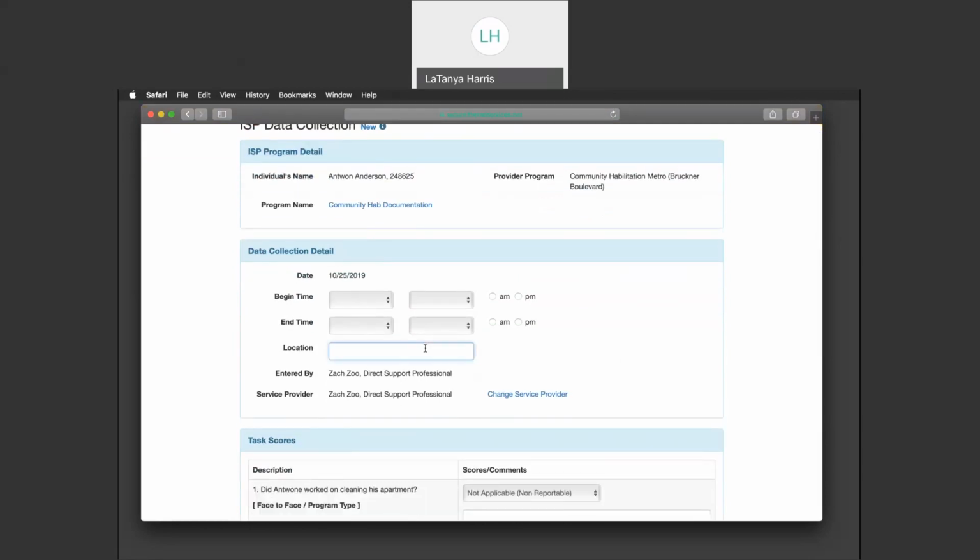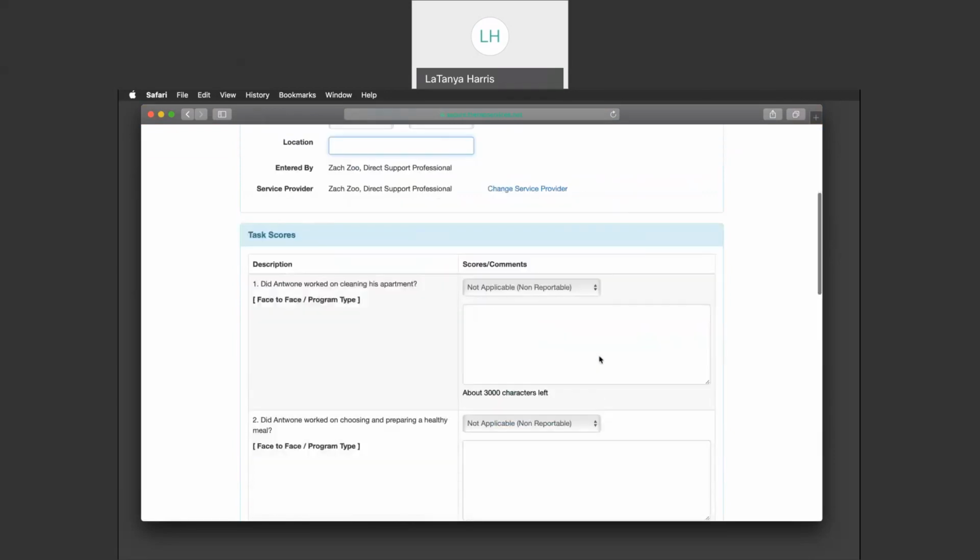Location, you type in where the location was. So if it was in the individual's home, if it was in the library, if it was in the park, wherever the location is, you enter the location in there as well. Then we come down to